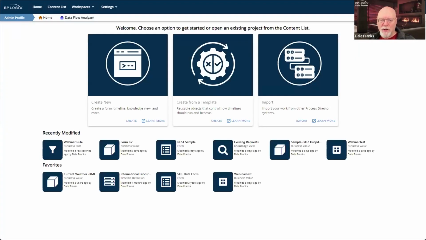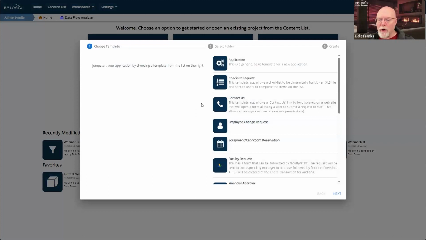I have 2 similar action tiles at the very top. I can create from a template. All of the menus work in the same way. Since we only have a half hour, I'm not going to go into detail on each one of these things. We've already seen one of the wizards, but it's very similar. If I want to create an item from a template, objects that are in the template folder, applications that you've created.